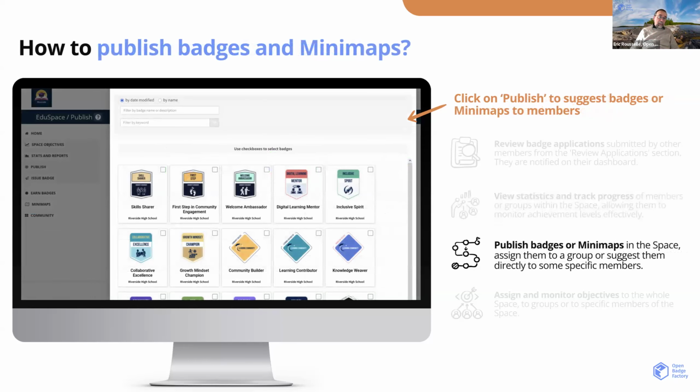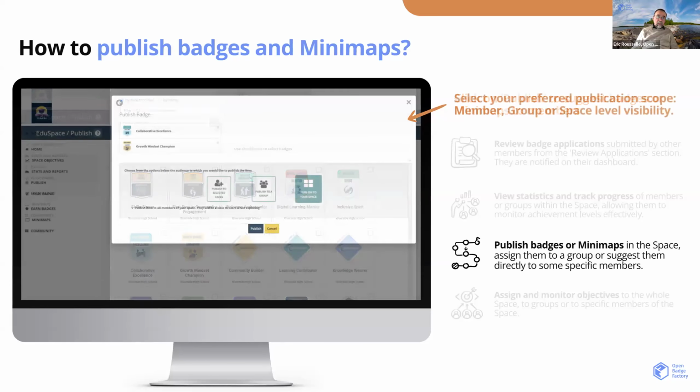And then here is a view where the badge issuer can select badges or badge applications in the OBF account and assign these badge applications to learners, or also build minimaps with these badges.